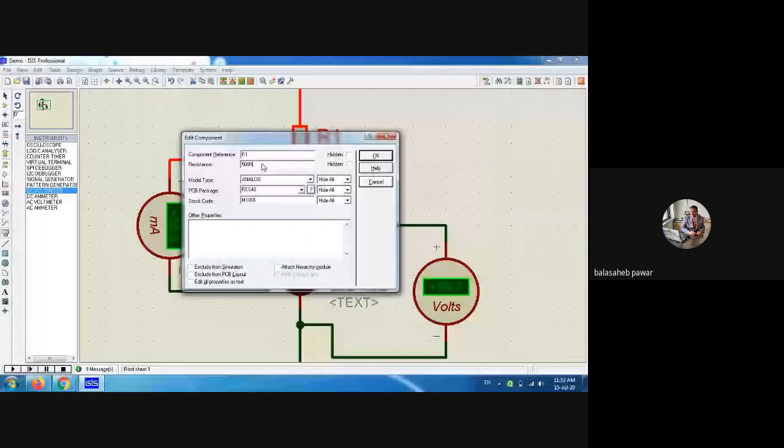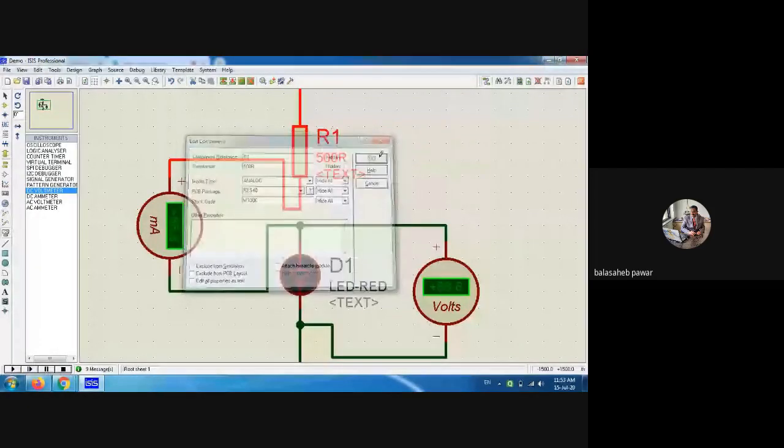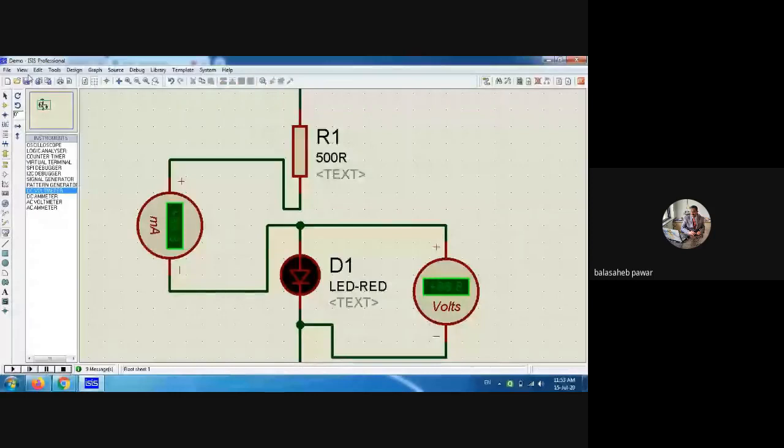So instead of 1K, I will use this resistor of 500 ohm and again save that design and run it. Now see, you will observe the light intensity of the LED is somewhat more as compared to previous, as well as the current flowing through the LED also increased because we changed the resistance. Am I right? Yes, sir.